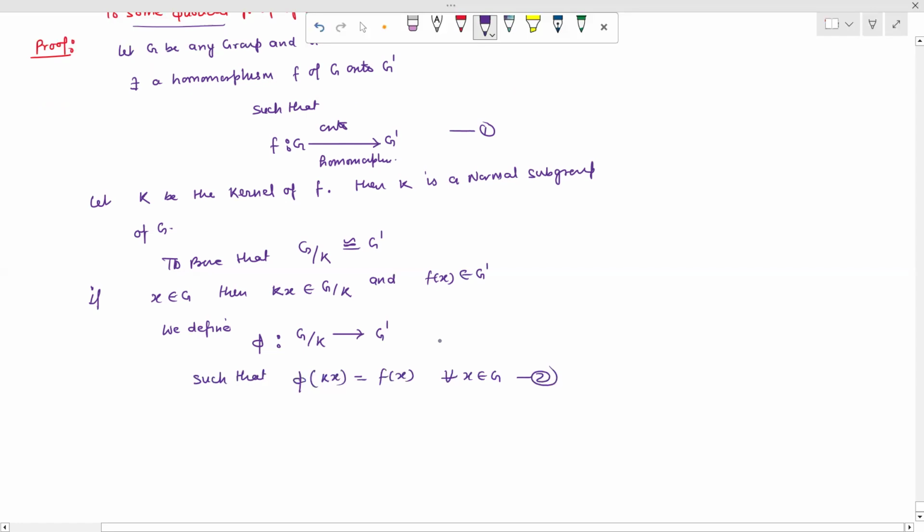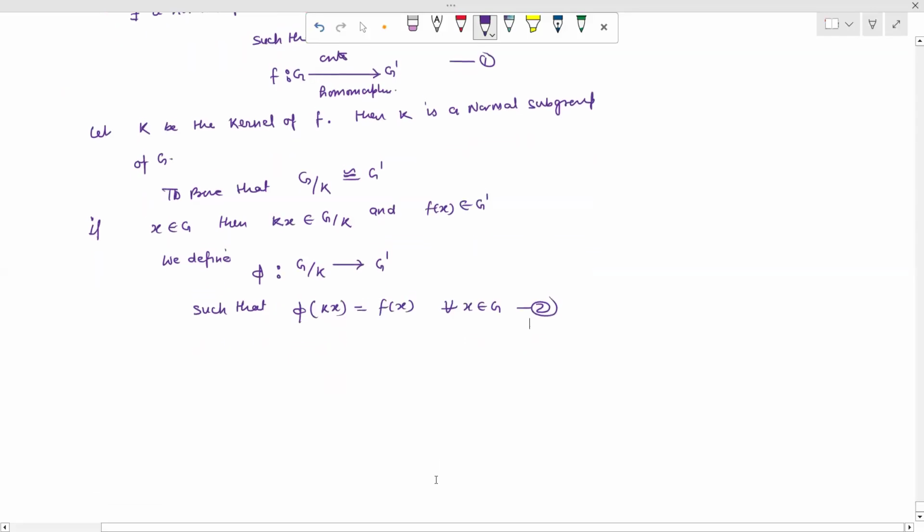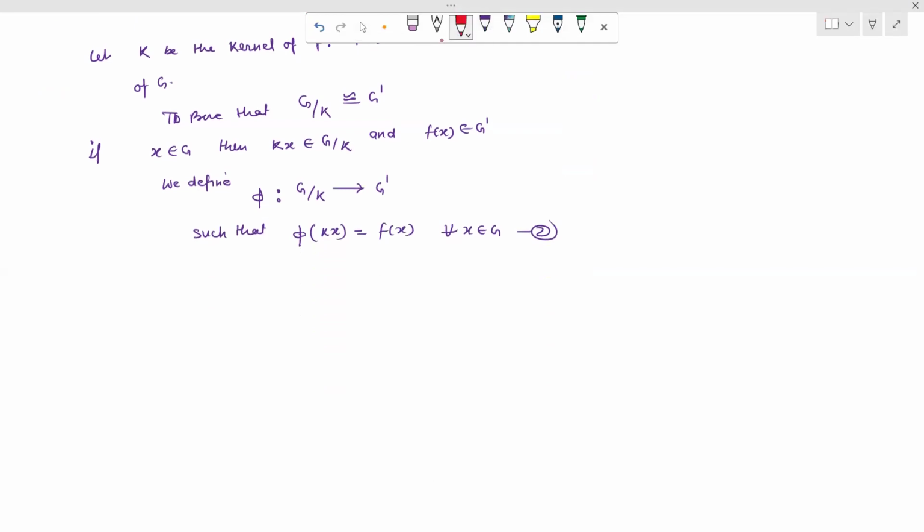Now we have to prove whether the function phi of Kx equal to f(x) is well defined or not. So for proving this, first we show that the function is well defined. So to show that function phi is well defined, we assume that x and y are two elements which belong to G, and